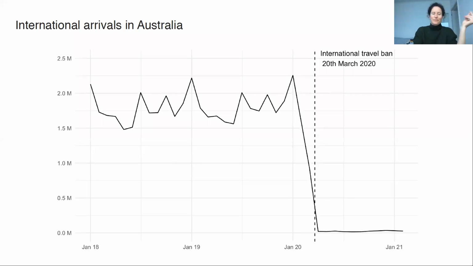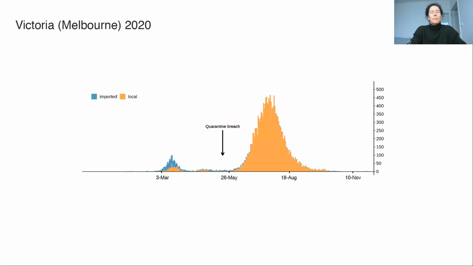Actually, we stopped all travel from mainland China in early February 2020, and this is showing on the 20th of March when we stopped travel from all overseas. And we've only just started opening up overseas travel again this week, so it's been a long time, and this impacted our epidemiology in a big way.